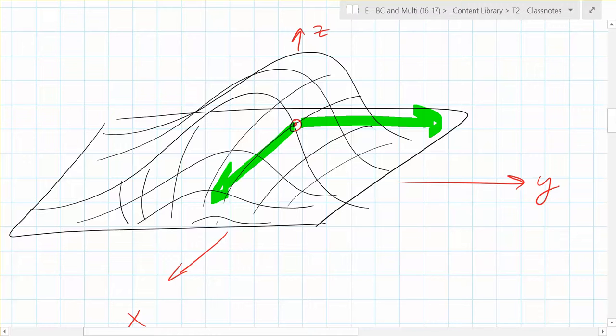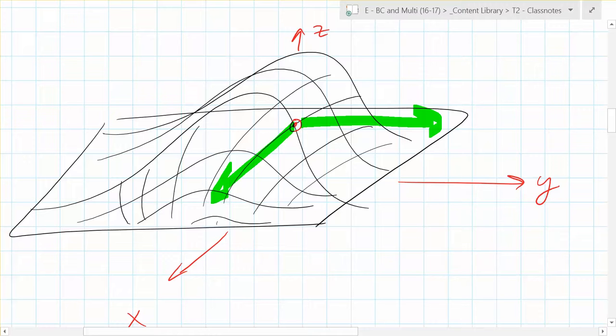In terms of practical application, if you're sitting on the side of a mountain or that's a temperature map, you might be interested in finding out things like what? If you were sitting on the side of a mountain or that was a temperature map, what might you be interested in finding in terms of direction? What's one thing you might be interested in finding? What's the biggest slope? Yeah, what's the steepest direction? Or what's the